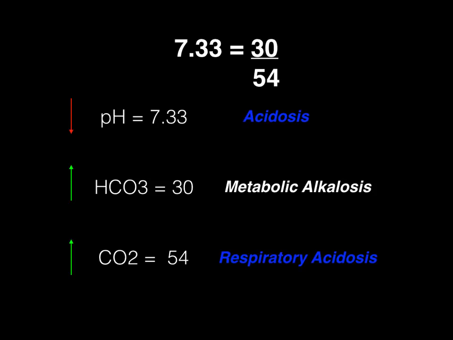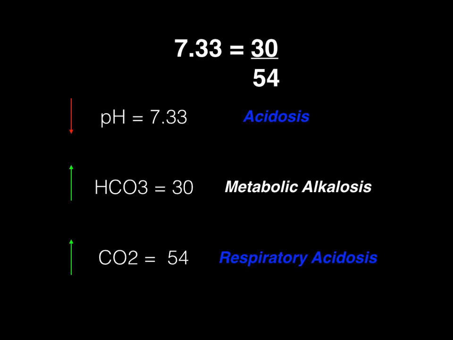Now, pH went down. We know it's an acidosis. Bicarb went up. When we're dealing with bicarb, we call that metabolic. Bicarb going up, aka the numerator increasing, should do what to the pH? Well, it should drive it up. So in theory, that's a metabolic alkalosis. Carbon dioxide going up means that the denominator increases. Anytime you increase the denominator, the number that the equation is set equal to is expected to go down. So in theory, that's a respiratory acidosis. Now, I've kind of revealed it by highlighting it in blue here, but we need to decide what's the primary deficit and what's the compensation.